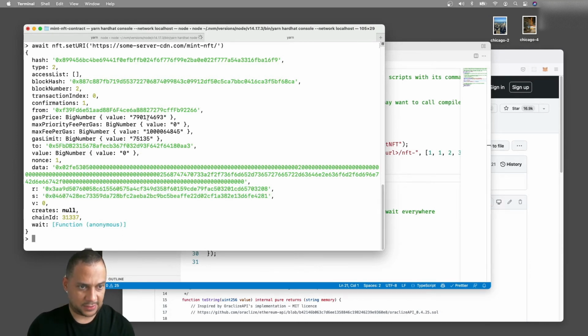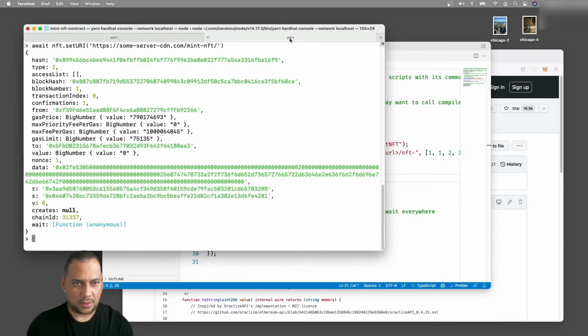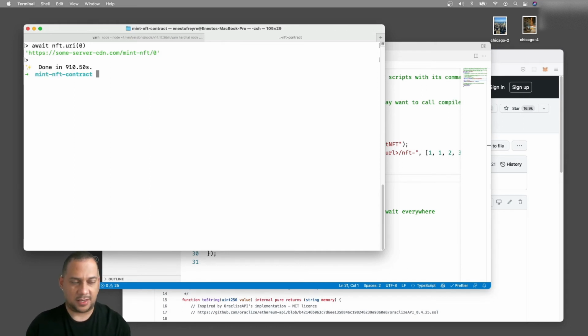We will have the gas price. It's really high, by the way, right? And you can see in the node that we called the setURI. Oh, gas used 75, so it's low. It's okay. And now, if we call the URI function on the contract, we should get a different value. For token 0, this will be the new URI because we just changed it. Okay, cool. Once you're finished, you can just hit Command D, Control D, and you get out of the console.